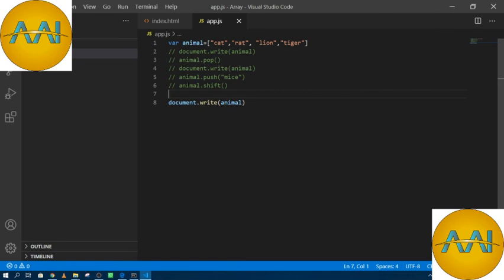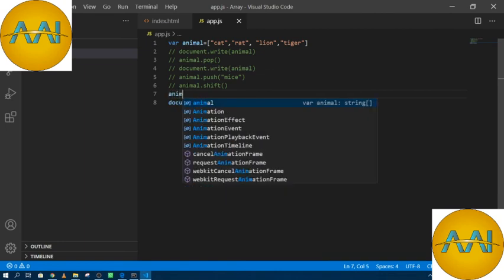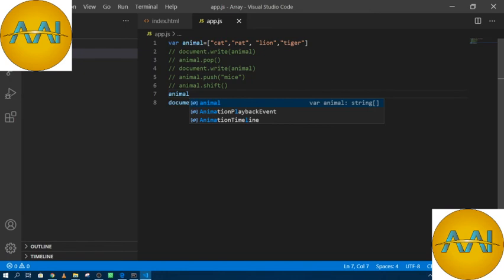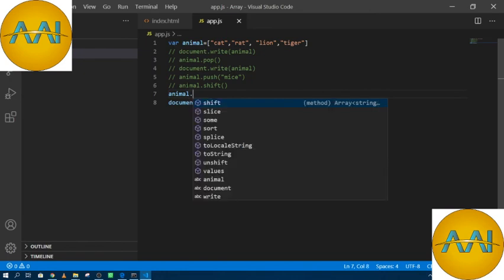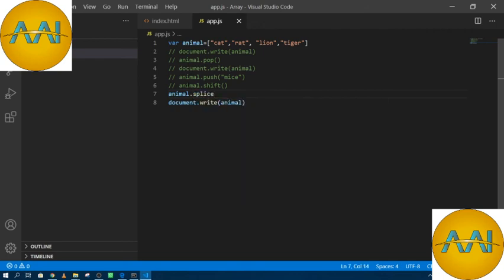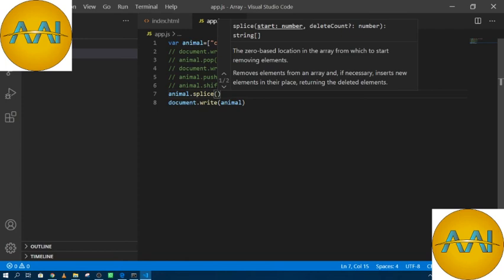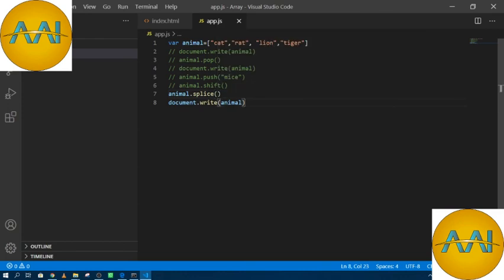I use the splice function. Again I write animal, which is my array name, and then I write splice, and I make round brackets. Then what should I do? I count my element indexes, that is 0, 1, 2 and 3.